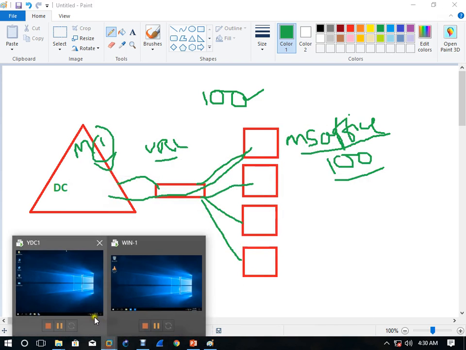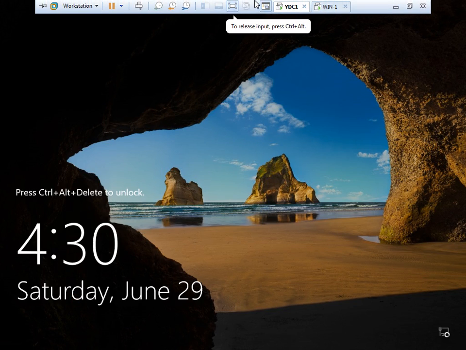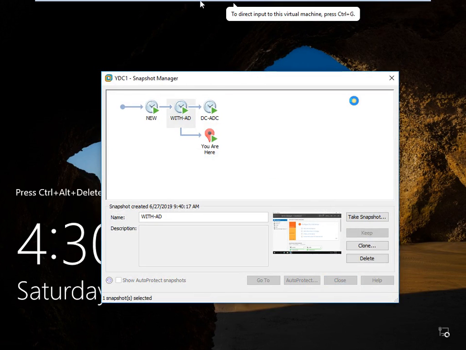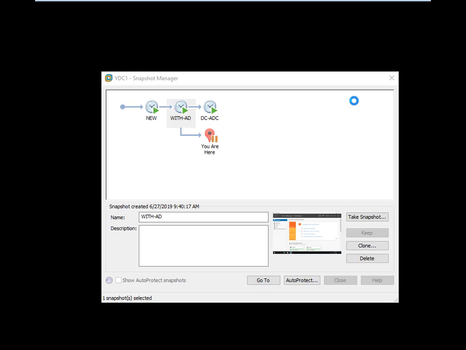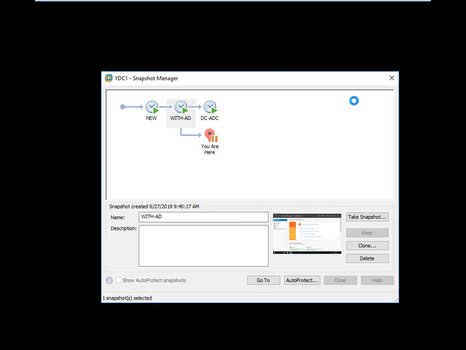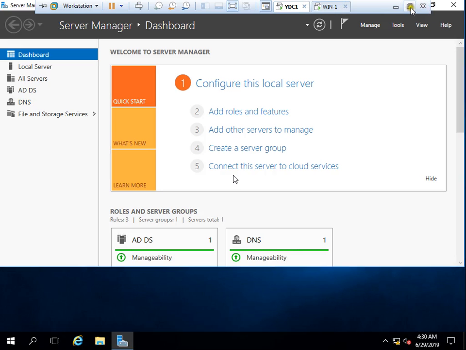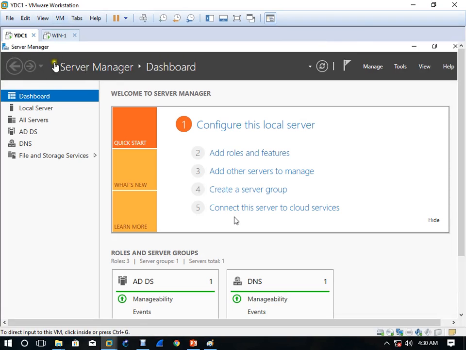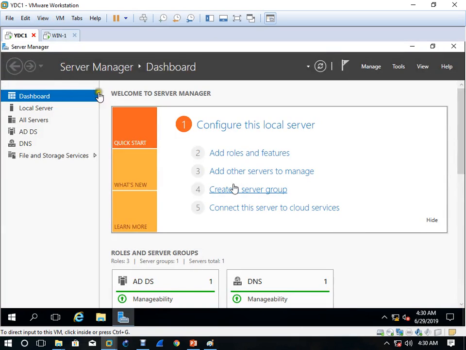So for this we need one server with Active Directory, and we need one client. So we'll come first to the Active Directory and verify whether this client is added to this domain.